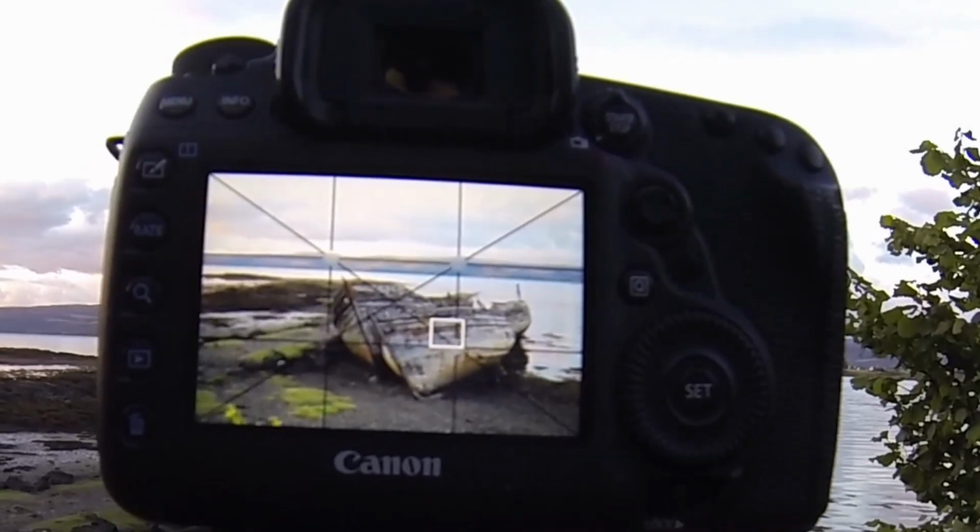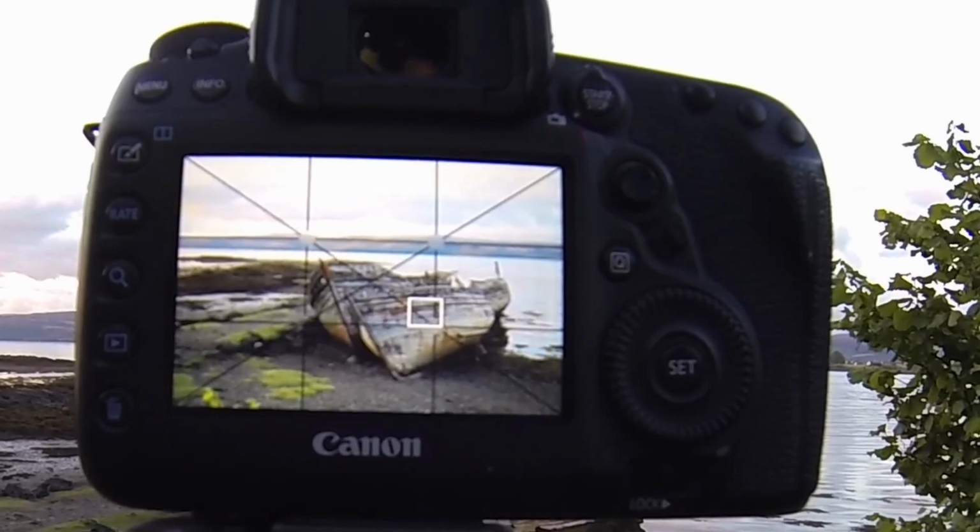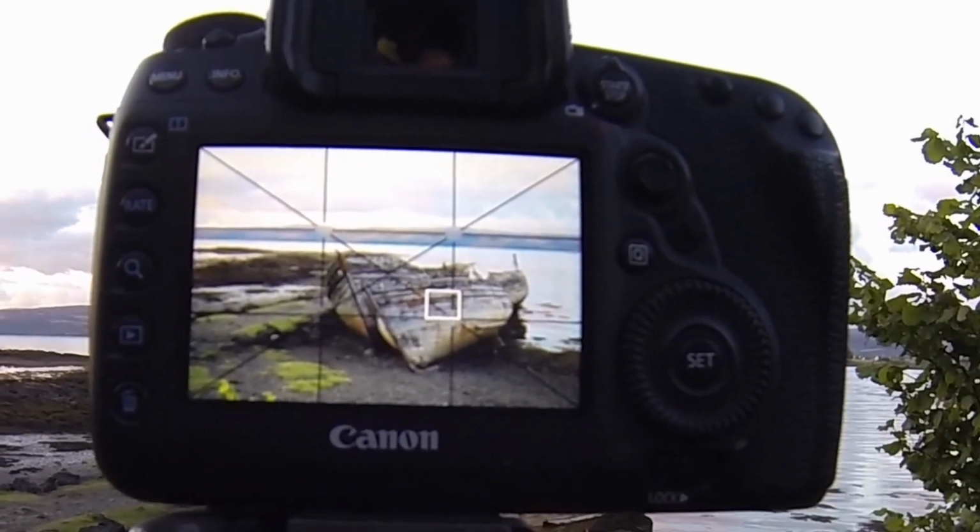I've got the drone with me. I was going to fly the drone tonight, but I think I'll leave it until tomorrow. I will do a video of these with the drone. There is actually 3 boats,